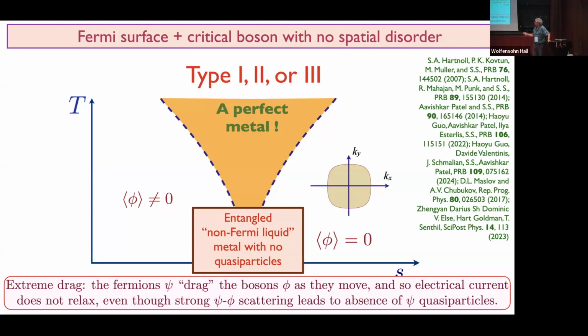Here, however, the electron-boson coupling is so strong. It's not the weakest thing in the problem, it's the strongest thing in the problem. It's so strong that the electron doesn't even exist. In fact, it makes no sense to talk about momentum carried by the electron versus momentum carried by the boson. They're the same thing. They're all in some collective, very strongly interacting soup. So you can only talk about the collective momentum, and that needs something to relax.